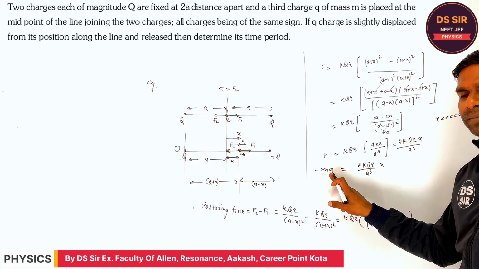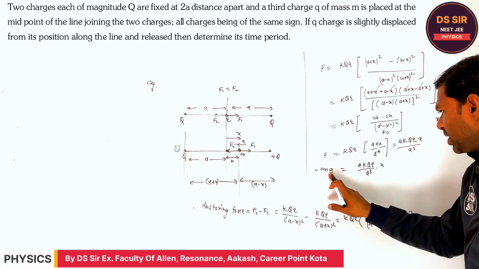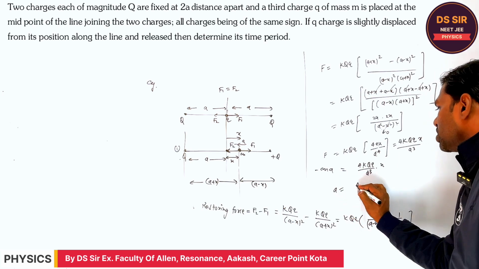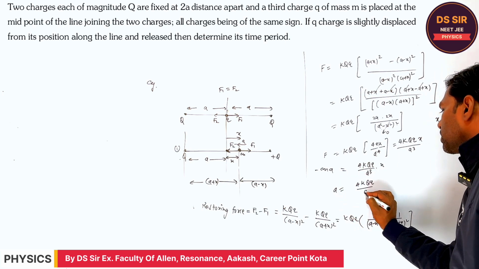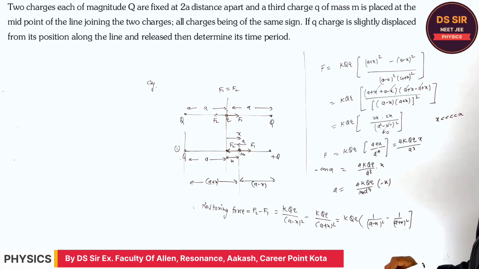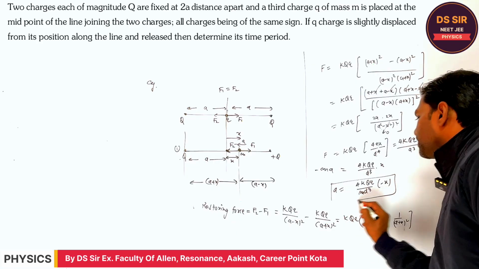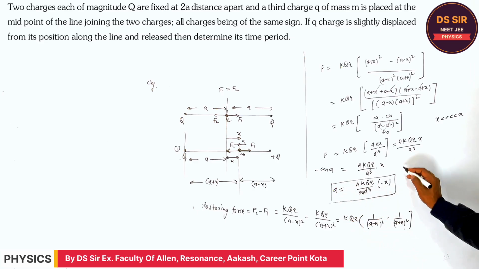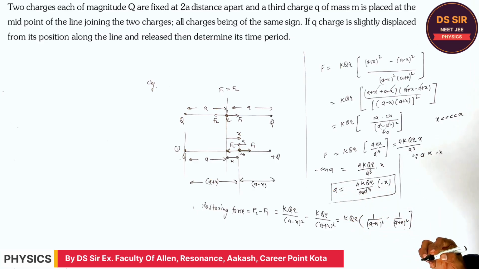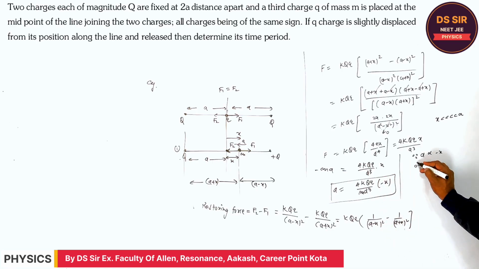Is it clear or not? Yes. This is the acceleration a, this is the distance d. So acceleration is 4kq upon d cube, m, come this side and this is the minus x. So from this equation, the acceleration is proportional to minus x. Therefore, motion is